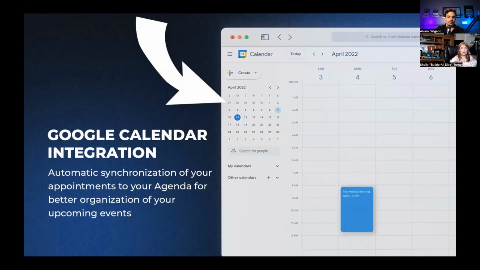It also integrates with your Google Calendar. This is actually critical for me, and another feature that